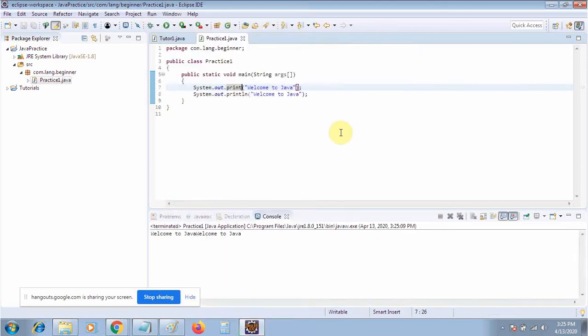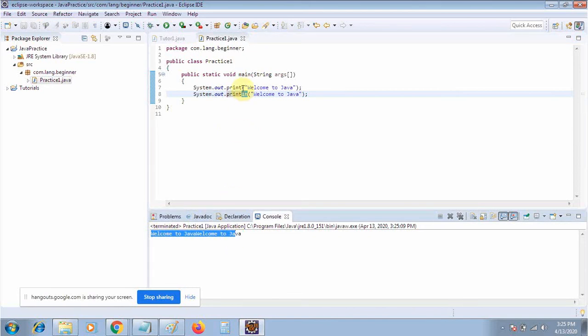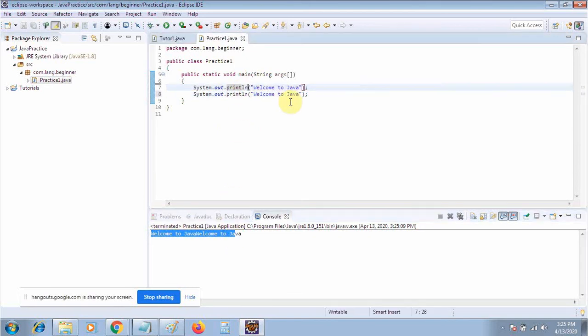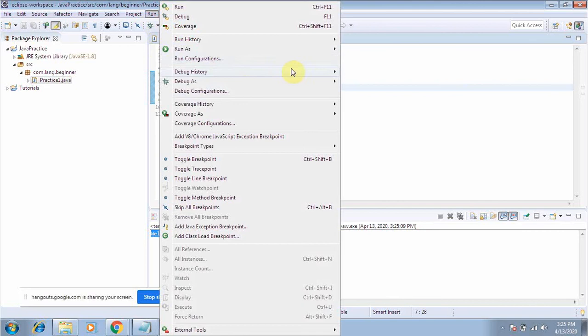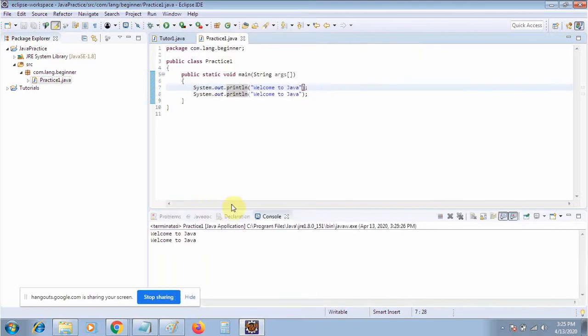Let's see. The ln means we always want to create a new line. That's why it has been printed on a single line. So this is the main meaning of ln. Whenever you want the output on a new line, you just need to use println.